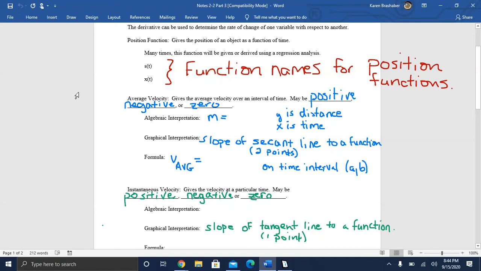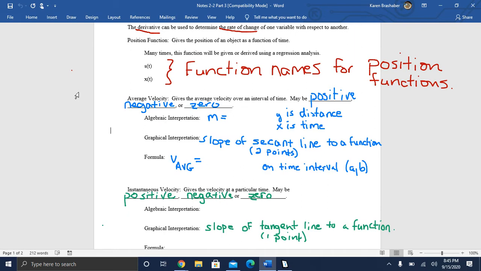Welcome back, students. We are working on the last lesson in our section on Introduction to Derivatives, and this time we'll be looking at some applications of derivatives. One of the big applications is the use of a derivative to find the rate of change of one variable with respect to another. So derivatives can be used to find rates of change, and particularly changes in distance over